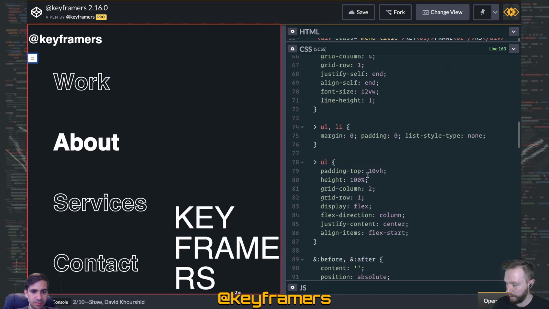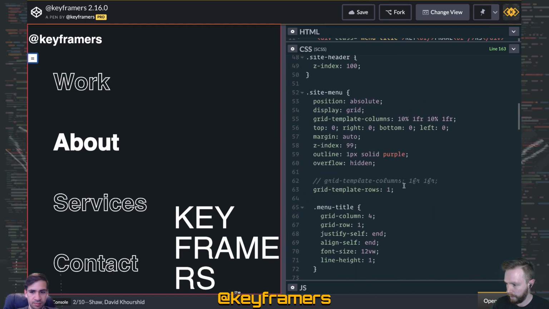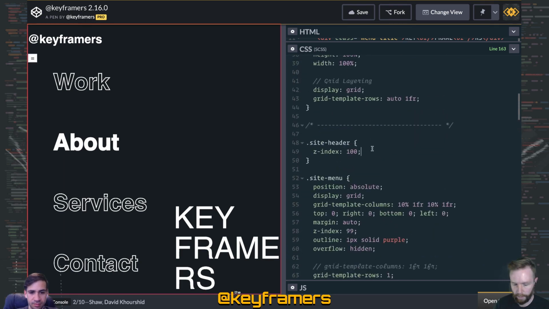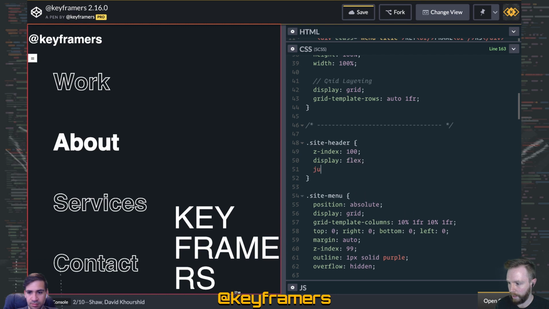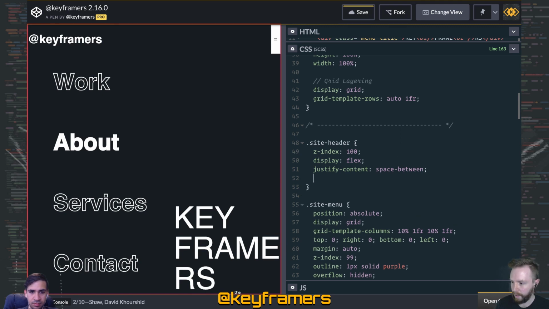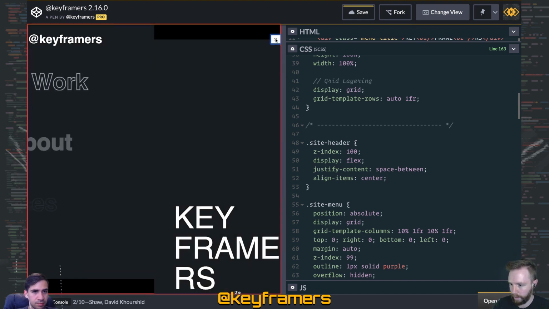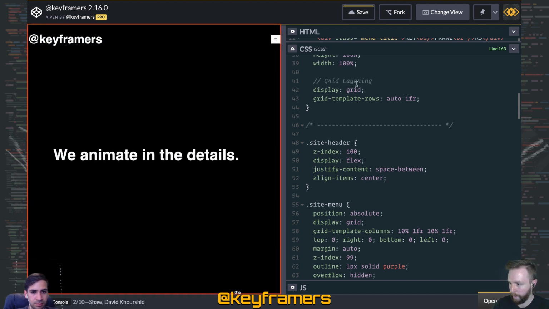Right. Get that. Site header. Let's do display flex, justify content space between, and align items center. That'll give us our nice menu button in the top right, as it's supposed to be. And then,